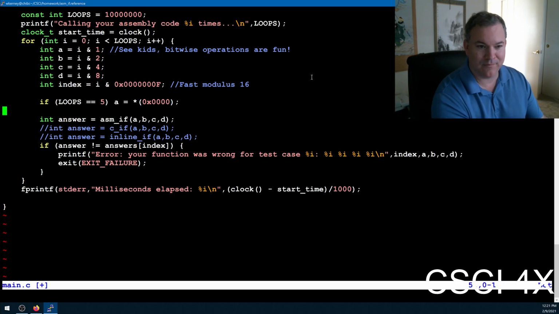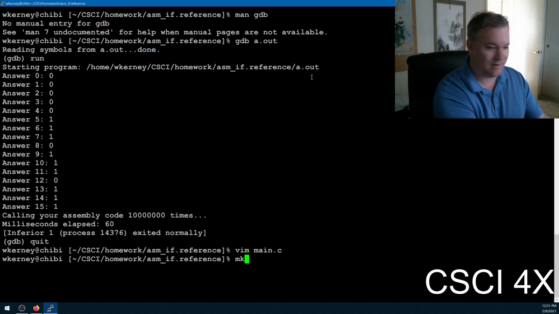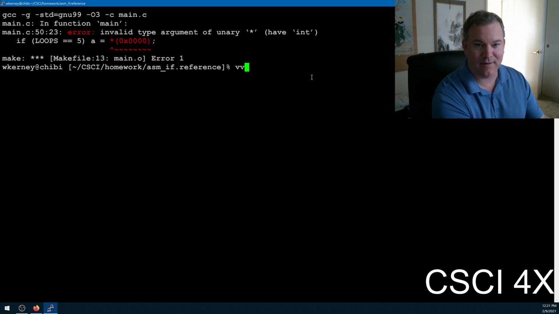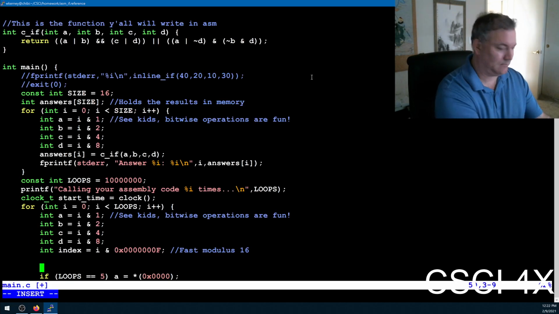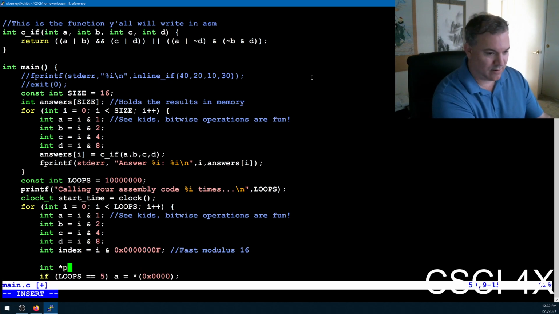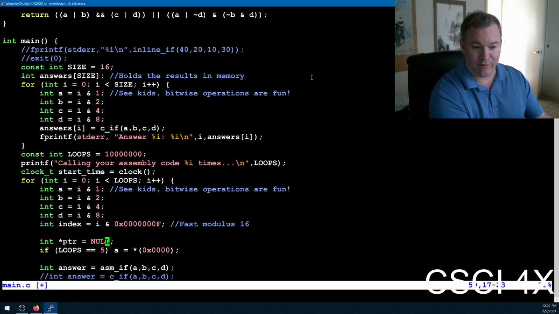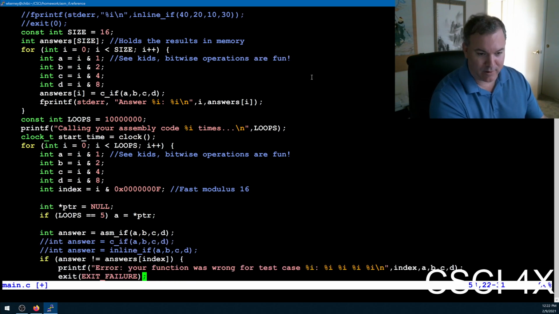See if that works. Might not like that. Make a pointer then. Int pointer equals null. Let's say you do null pointers in C, and let's dereference the pointer. So that should dereference a null pointer,